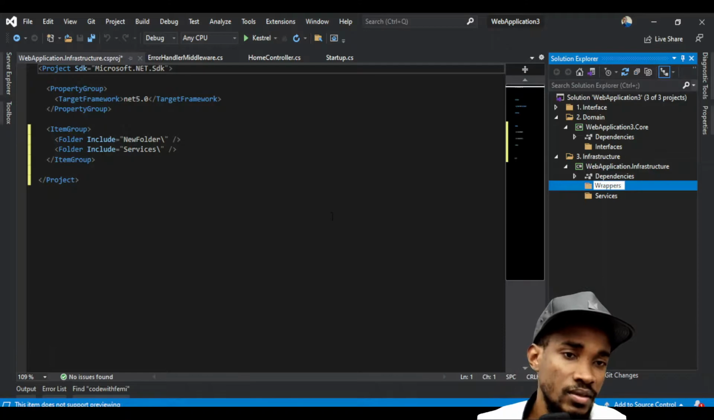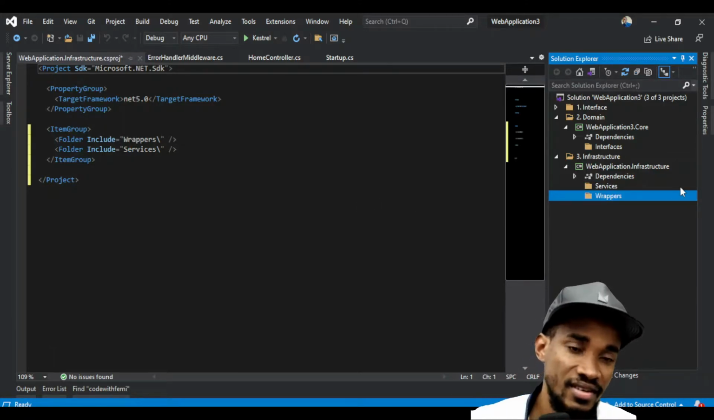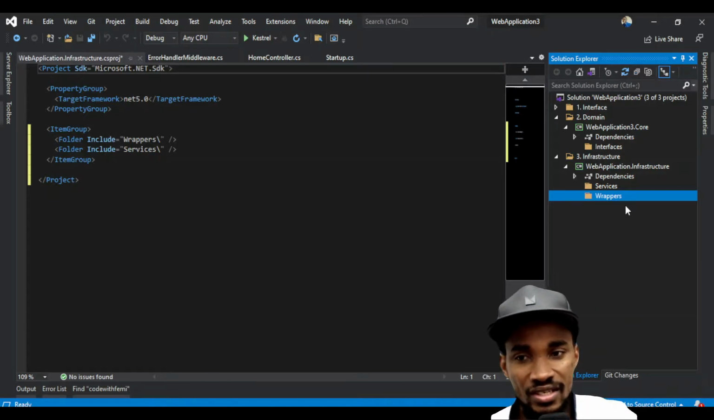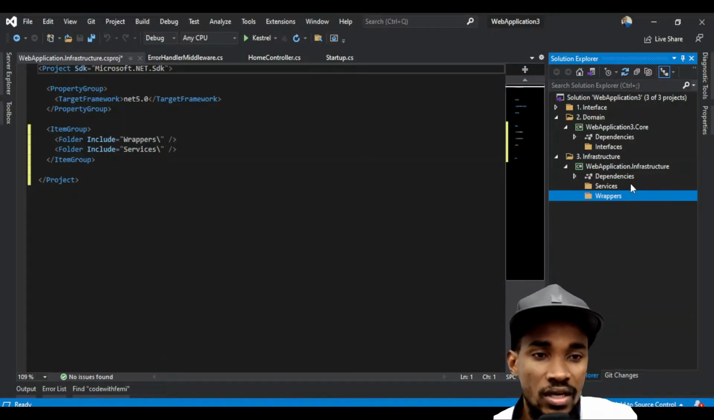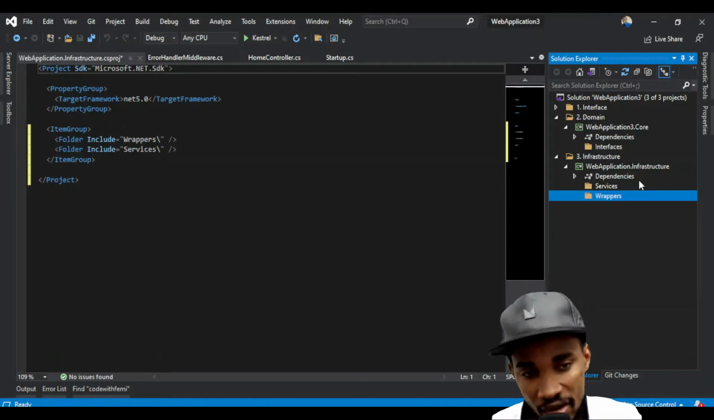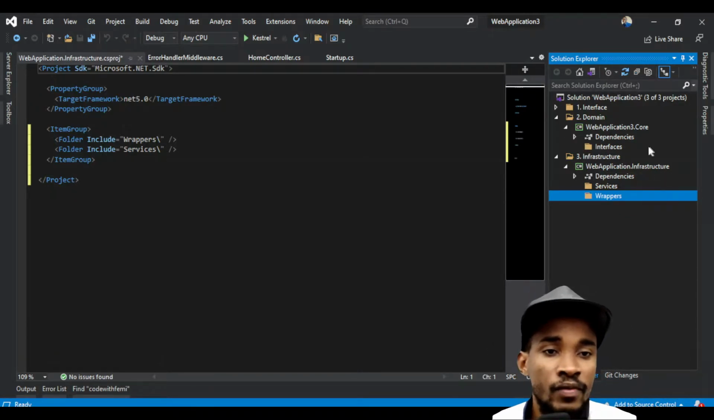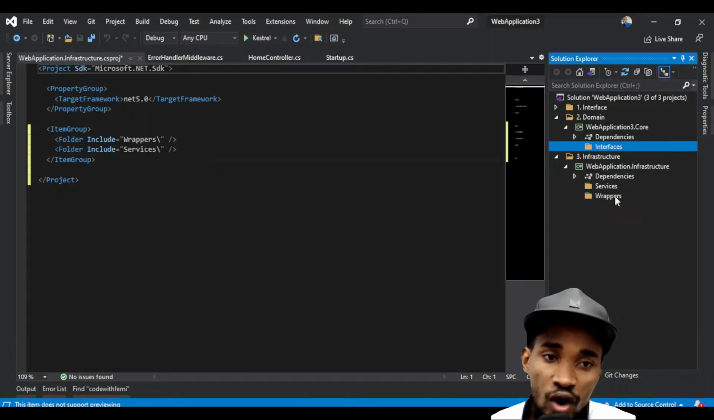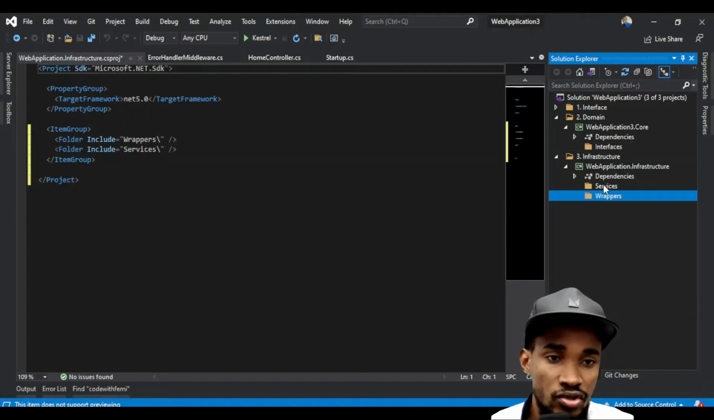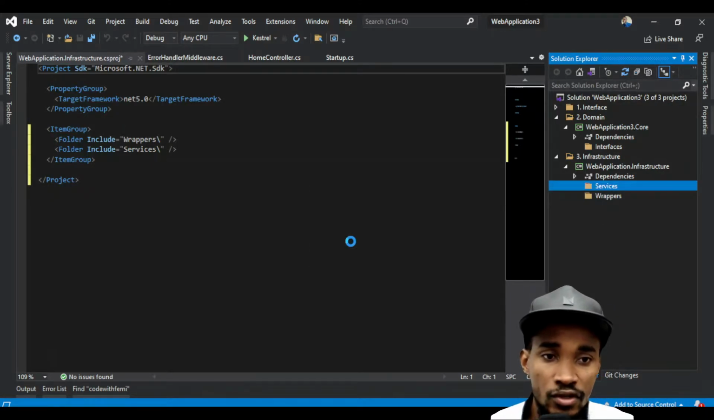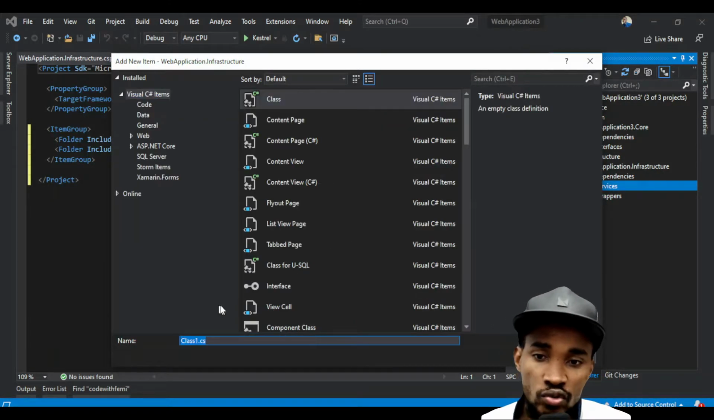wrappers. We're going to have wrappers for cases where you want to avoid injecting a concrete class into your service. You might have a wrapper around it so that you can test easily. So we have your interface on your core, you have services and wrappers on infrastructure, and in here is where we're going to put our first implementation, which is going to be